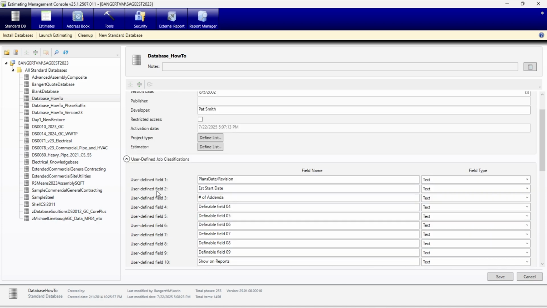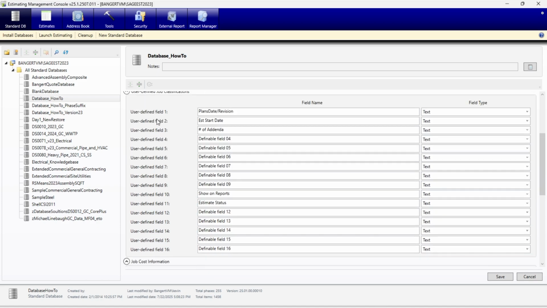User-defined fields. This is where you can actually set up your own definable fields. For example, one thing that I do on some of my other reports: when people have estimates out there, it's very common that they might have built an estimate, made a copy of it, made some revisions, and made a copy of it, made some revisions. So on design, build, and negotiated work, I might have 10, 15 different estimates out there for the same project.